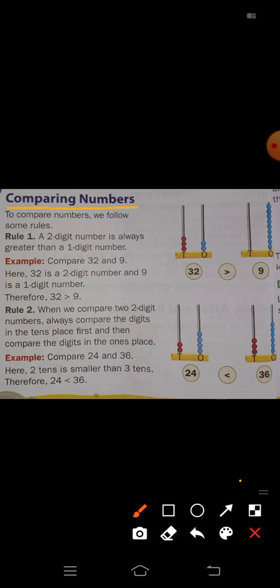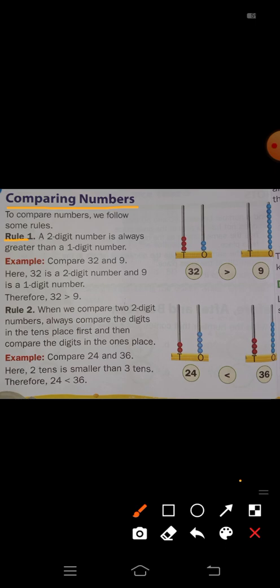First point is what? Comparing numbers. How to compare the numbers, which one is bigger, which one is smaller. To compare numbers we follow some rules. If you are comparing some numbers, you have to follow some rules. Rule first,